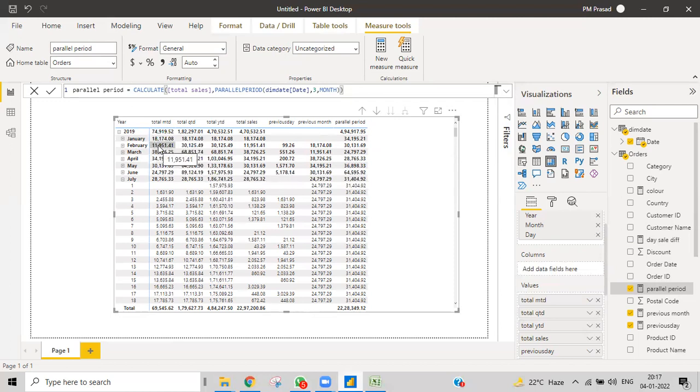For the month of February, it is showing May. So 3 months later, whichever month comes, for that particular month it will show. For January, the April one; for February, May sales, like that. For December, what is it? I'll show you that, not an issue.